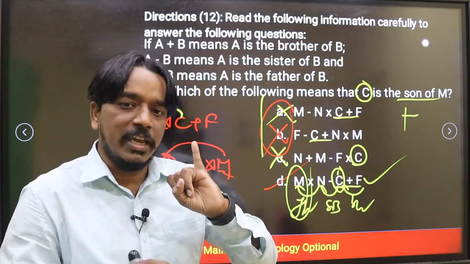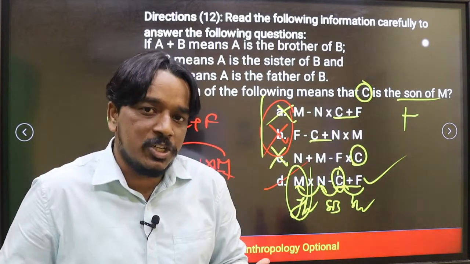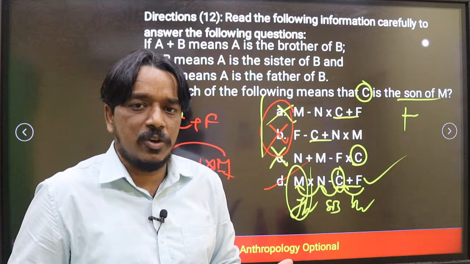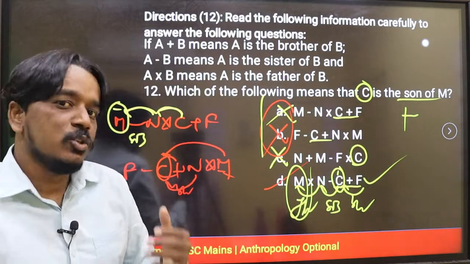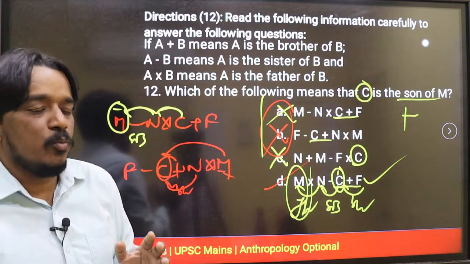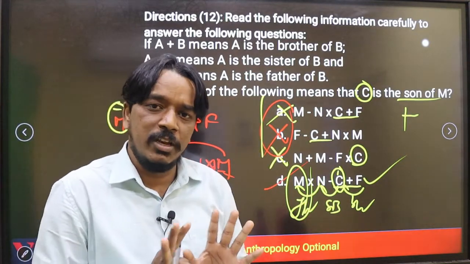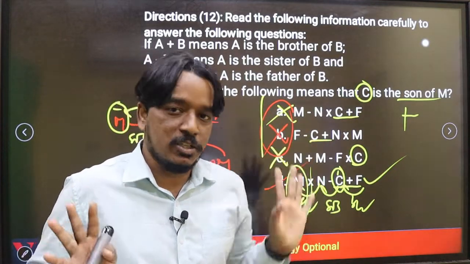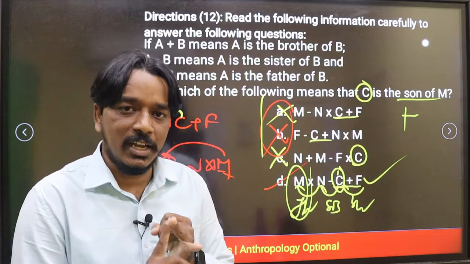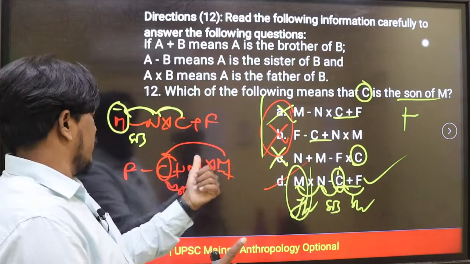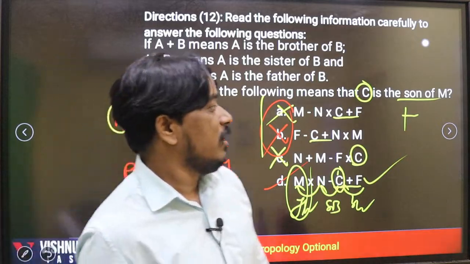Just focus on watching the same classes and the same videos once again and try to solve some more questions. We will give many practice questions in the model papers from Vishnu IAS Academy regularly. So utilize that content and practice more questions. If you have good practice, blood relation questions are very simple and you will get 100% accuracy. Now just focus on the gender technique, the generation technique, and if that is not satisfying, just follow the basic diagrams like this.